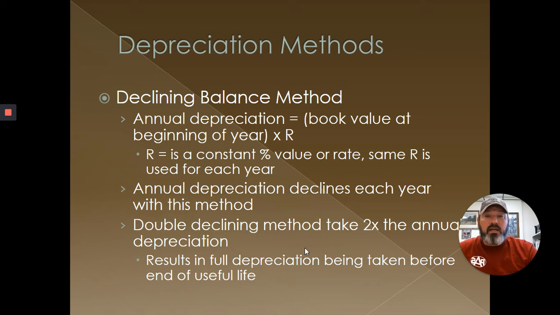Then we have the declining balance method, or also the double declining balance method, where the annual depreciation is the book value at the beginning of the year multiplied by R, which is a constant percent value or rate used each year. And with that declining method, the annual depreciation declines each year. The double declining method takes 2 times that annual depreciation. So for example,